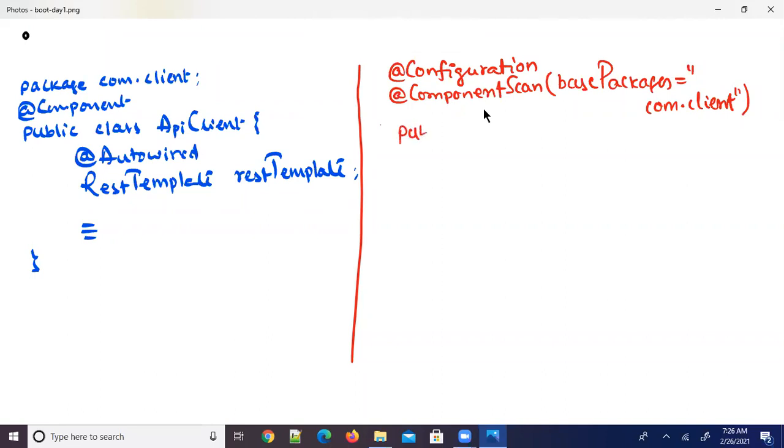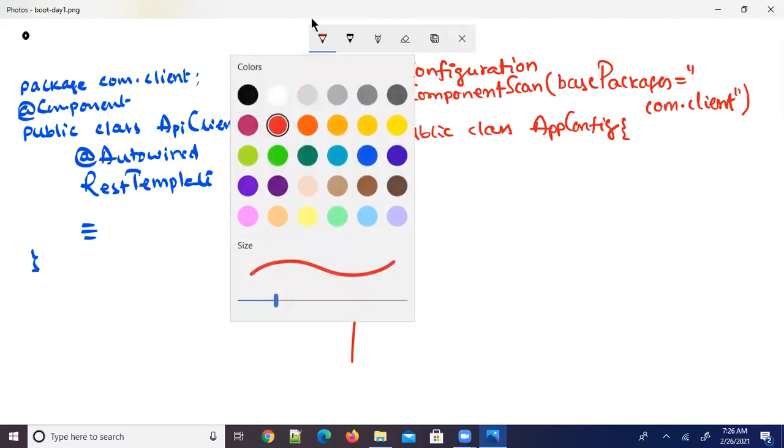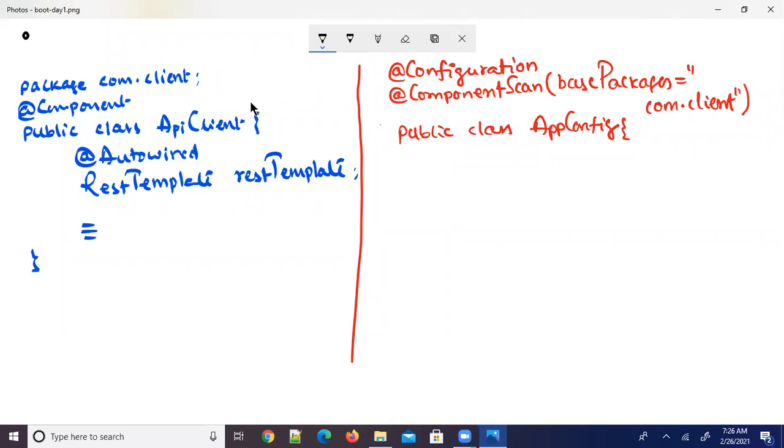Public class SomeAppConfig. And here I am writing a bean method. Look at this: @Bean, public RestTemplate.